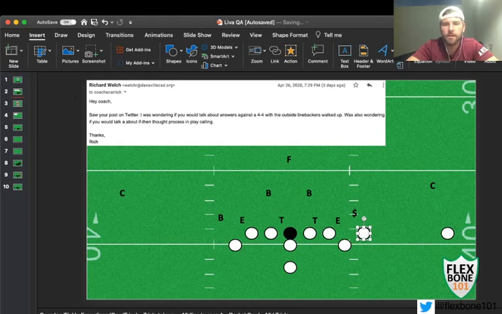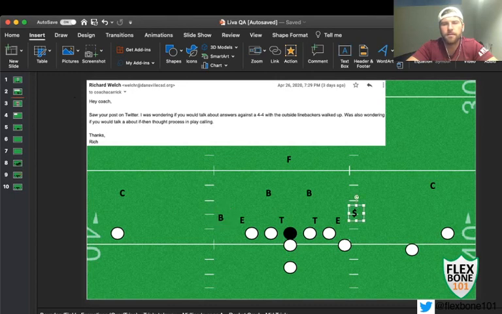Another thing to do, let's pretend, we'll say we have our regular base formation. So that was over. Trips is something you can also throw at this. Split out that other backside A-back, and they have to figure out how they're going to defend this again, right? I doubt most teams are going to bring this outside backer over to this side unless they truly play it like a 4-2-5, but I don't see a lot of high school teams doing that. They might bring the corner. Well, no, they can't bring the corner over because he's still there. So their only option